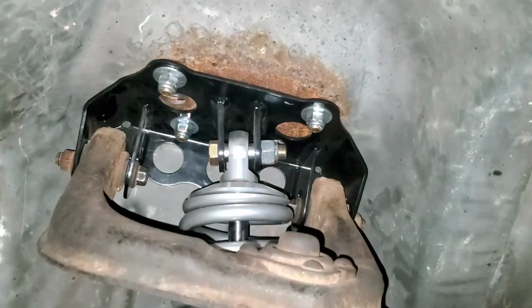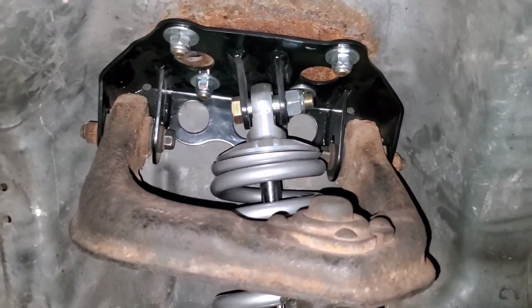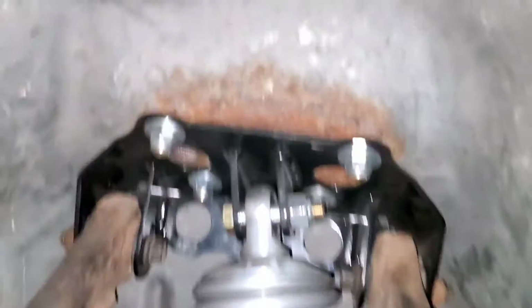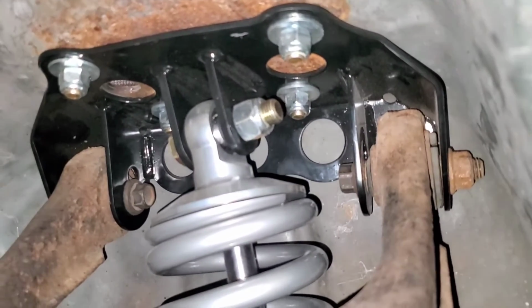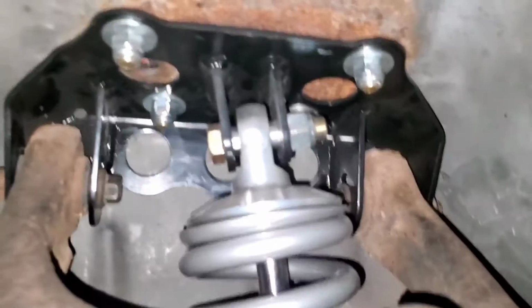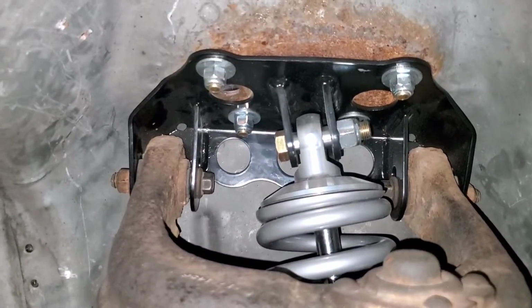See if you can see this as well. That's not doing any justice, but here we go. There you go. Also went with an upper strut plate from Midwest Chassis. It allows you to pretty much just bolt the Viking coilover straight to that. So if I ever have to maintenance anything, I can just unbolt the shock instead of fighting all this and taking that down, which anybody who owns an F-body knows is a pain in the ass. But yeah,